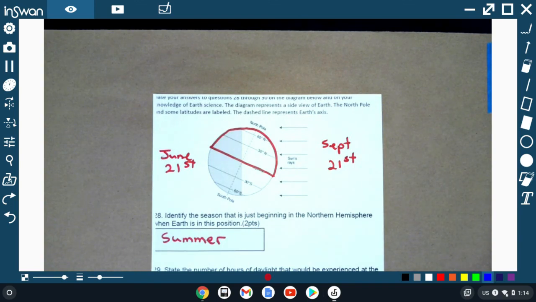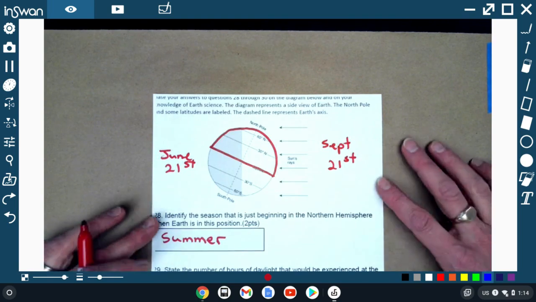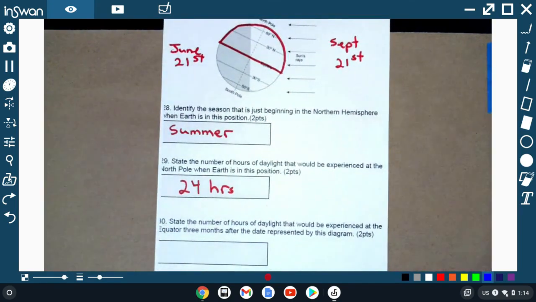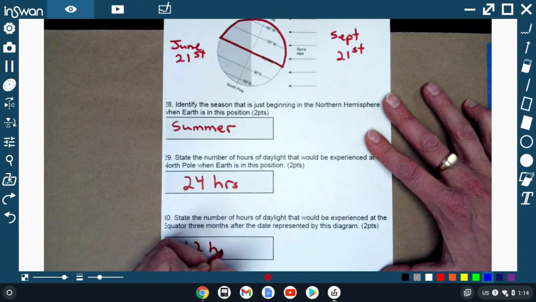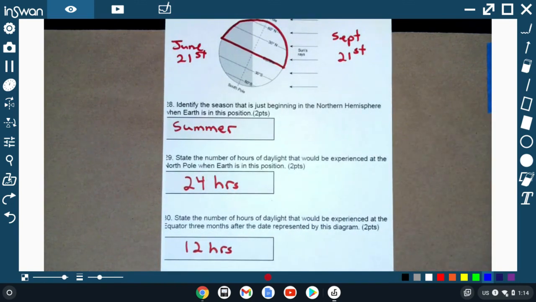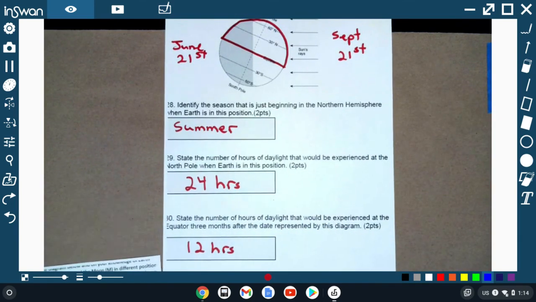And now during that day, we have half day of light and a half day of dark, no matter where you are. Now on the equator, it's going to be the same for any other place. So half of 24 hours is going to be 12 hours. All right, let's move on to question number